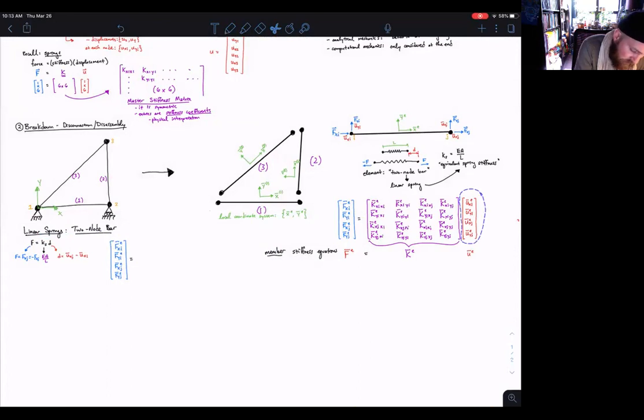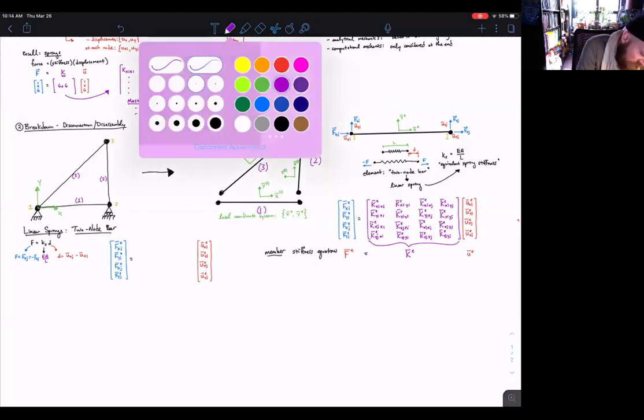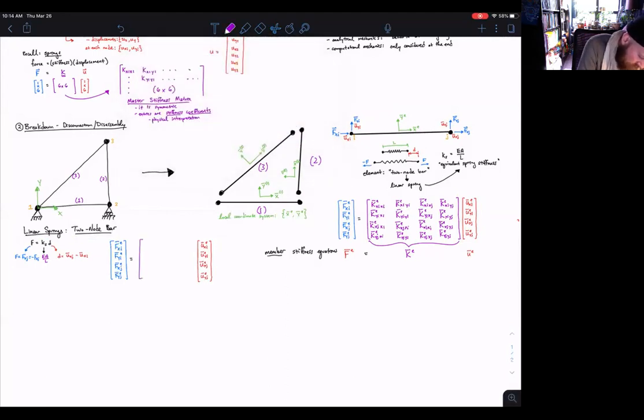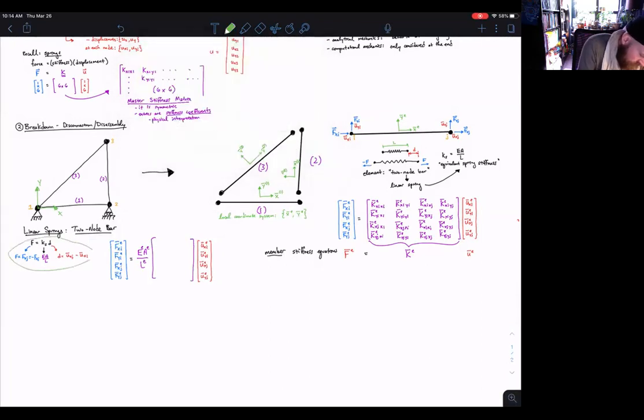To write what I just wrote as a set of matrix equations, we would simply write that we're going to have the generic elements modulus, area and length multiplying a 4x4 matrix, and just translating this equation into matrix equations